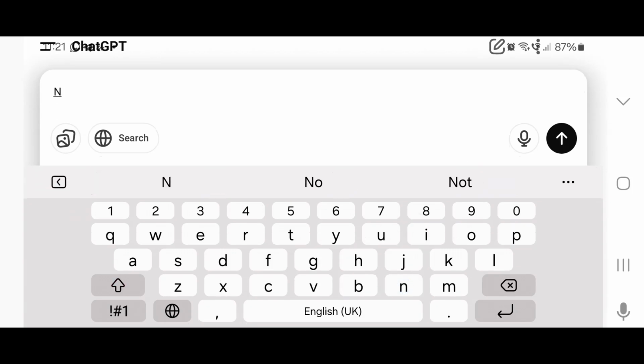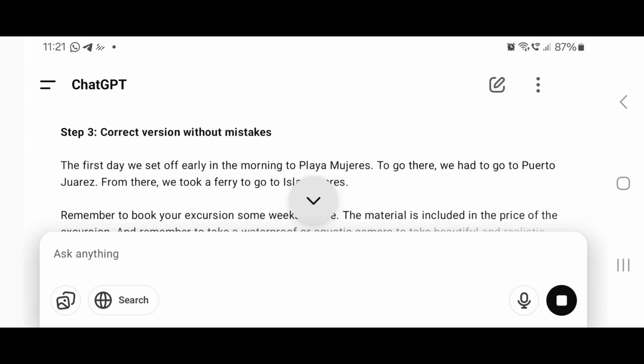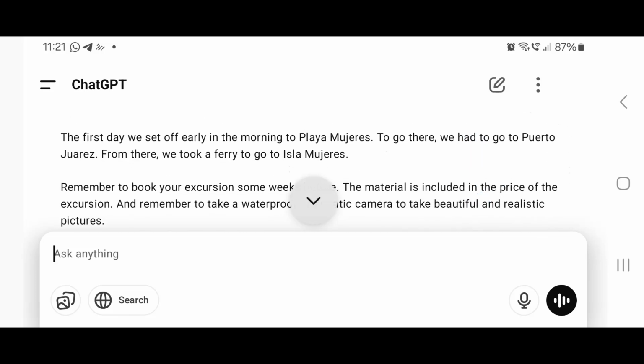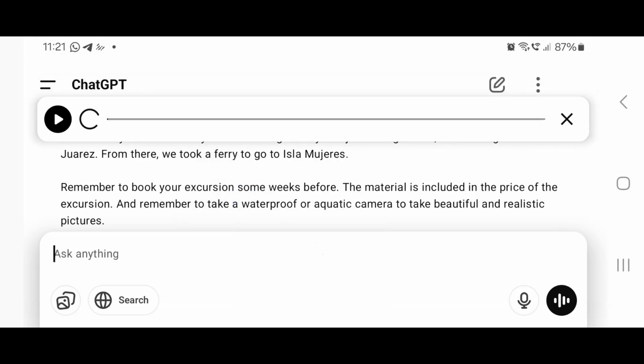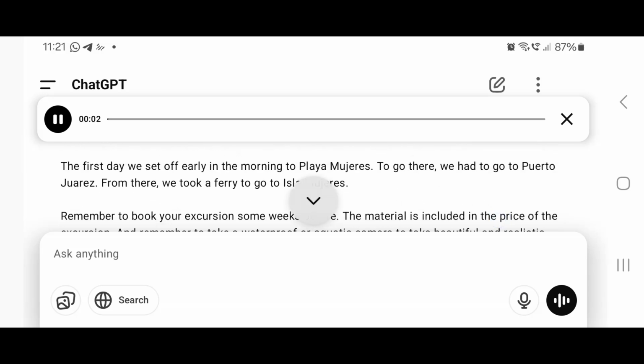Typing next brings up step 3, which is writing out the complete corrected transcript so that the student can listen to it. Step 3. Correct version without mistakes.